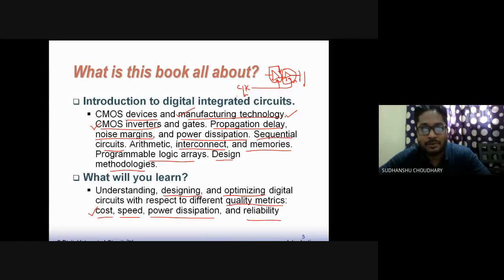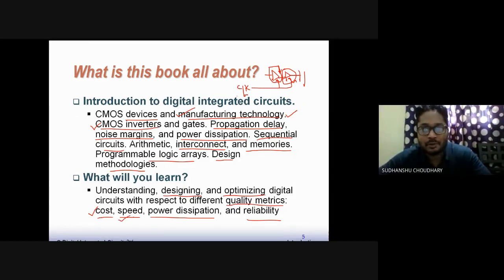Yeah. So nobody wants to buy a costly product. Everybody wants cheap products, which are less costly. So the cost also depends upon how you design the circuit, and also how you optimize it. If you make a very big layout of your IC, that layout will consume a large amount of silicon wafer, and silicon wafer is costly. So you have to optimize your circuit not just for the area but also for speed.